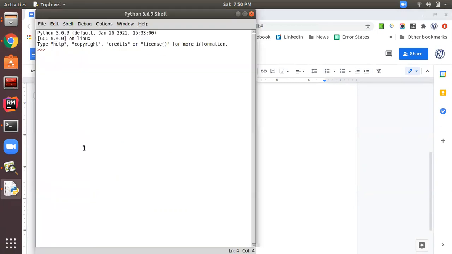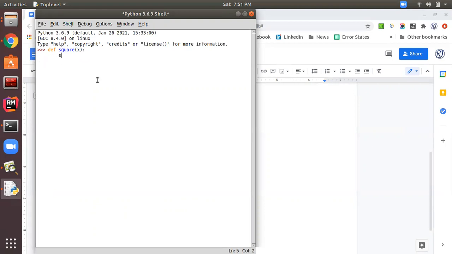I am going to the Python IDLE. First of all, let's run this function in the interactive mode. I am writing this function again: def square, function name is square, and here I want to calculate the square of x. Then I have given colon, then enter. Once I press enter, it automatically gives indentation.